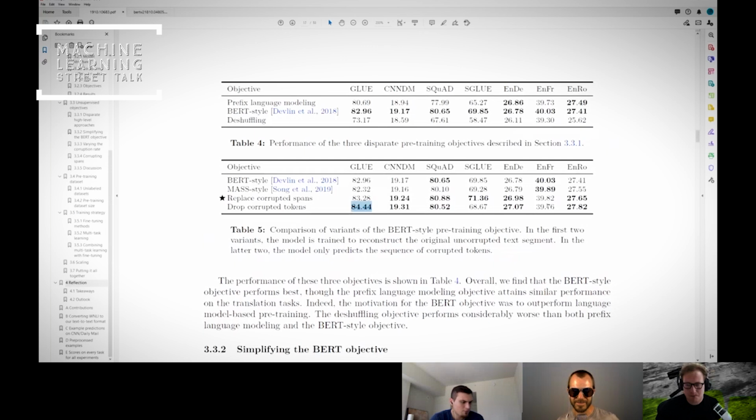But I was also pretty impressed by the tasks they came up with, and I think that's cool. Yeah, I think it even looks like a pretty big gain to go from 83 to 84.4 on all these GLUE tasks also. So I don't know if the conclusion that they're all similar is necessarily right. Well, I mean, pretty similar, but it still seems like a decent boost.